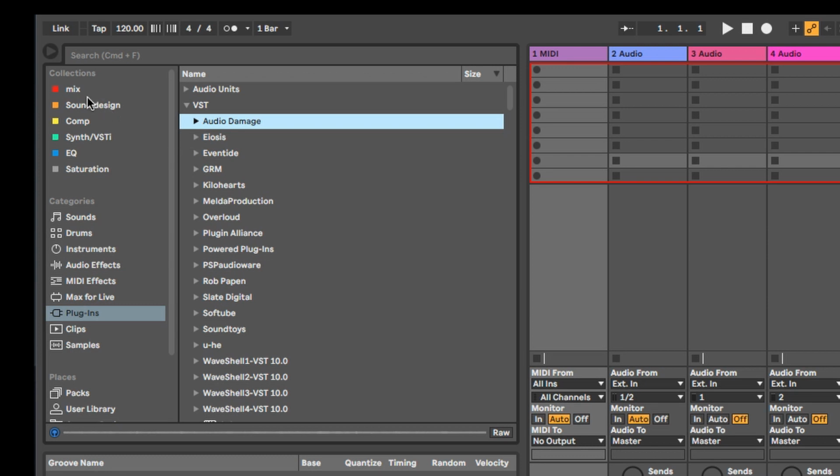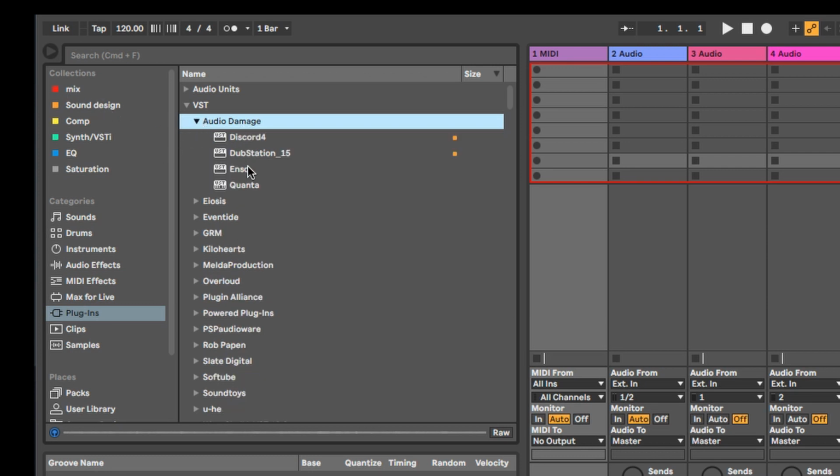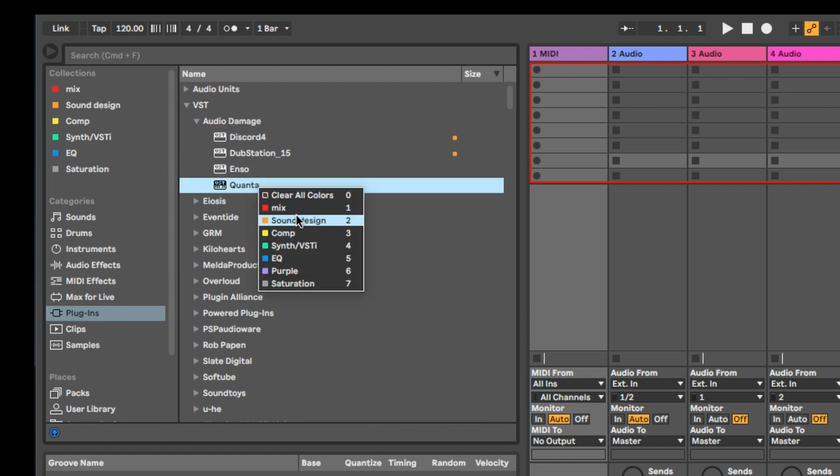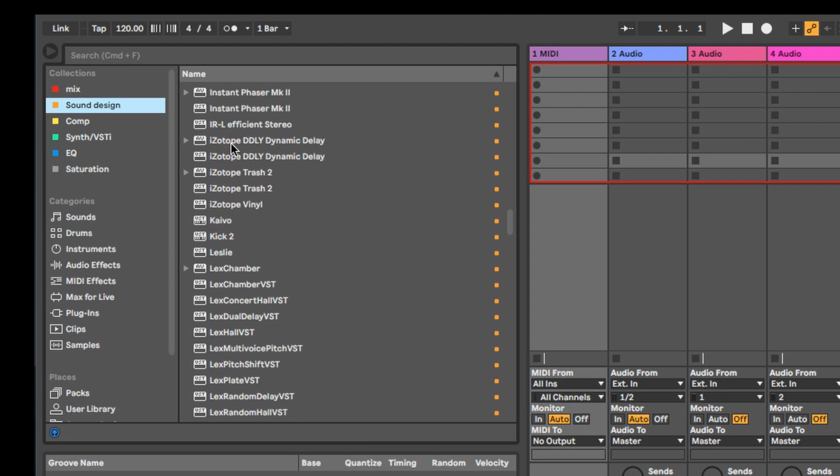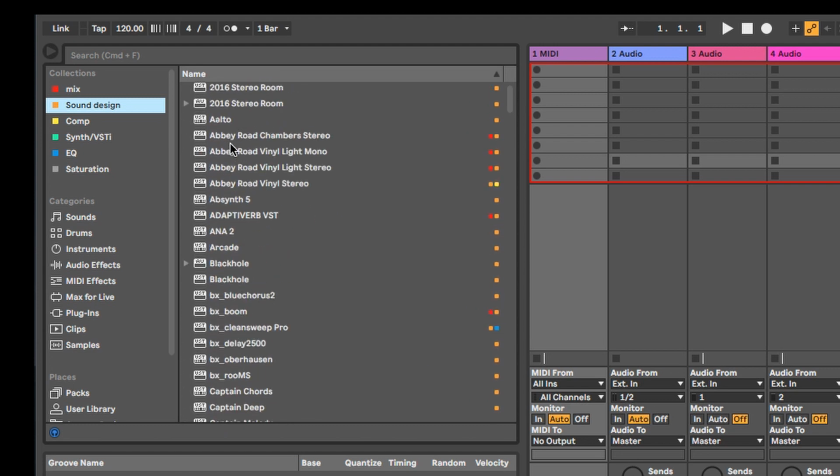But I've managed to put them, let's say Quenta, I would like to have it as a sound design tool. So I will give it this tag, and this will go here, and then in here all the sound design tools that I have are here. That's quite a lot. I have probably too much, and sometimes it can be overwhelming even for myself. But sometimes if I work on something and I'm like, okay, this needs a bit of spice, this needs a little bit of Frank sauce, then I'm going to go in the sound design section and just look in there.